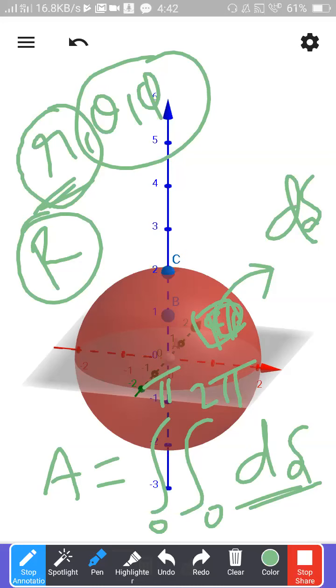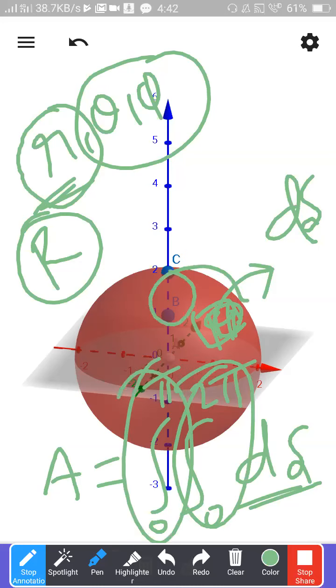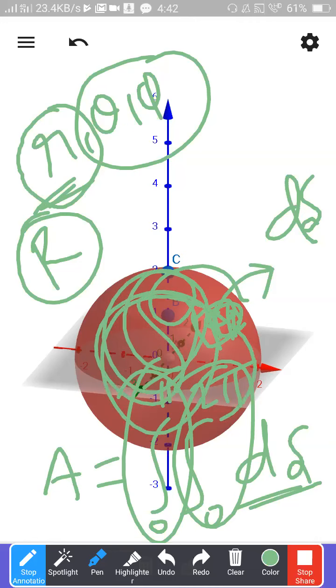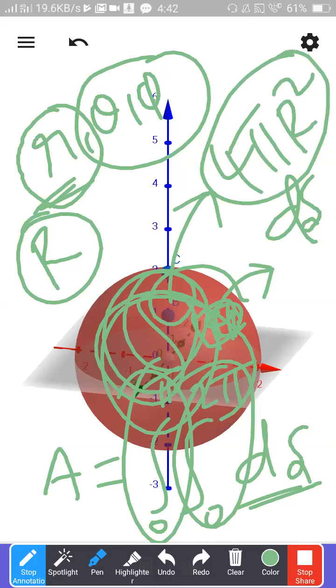You have taken a small elemental surface. Again, you have flexibility. You can go anywhere on this surface. That means what? The entire surface is in your hand. You are doing integration, so the entire surface is in your hand. Once you have the entire surface, what is the surface area of the sphere? We have seen it in the beginning itself. What is the surface area of the sphere? 4 pi r square.